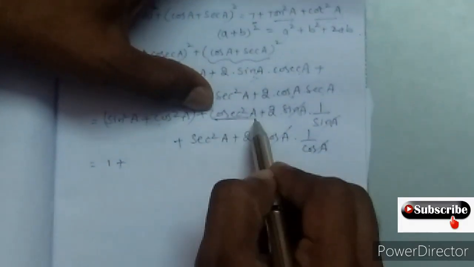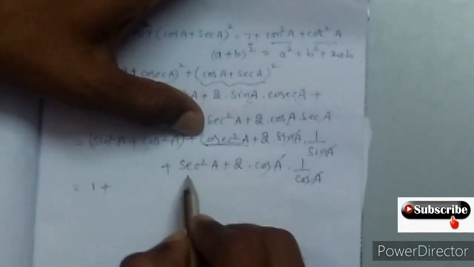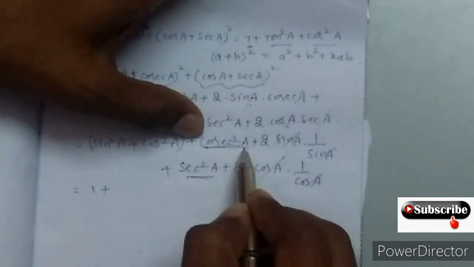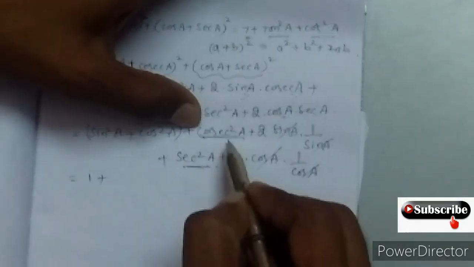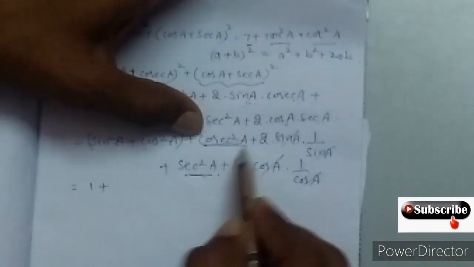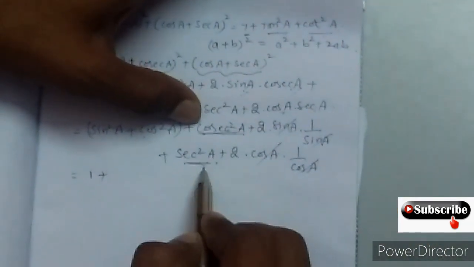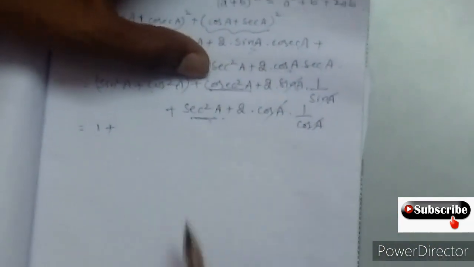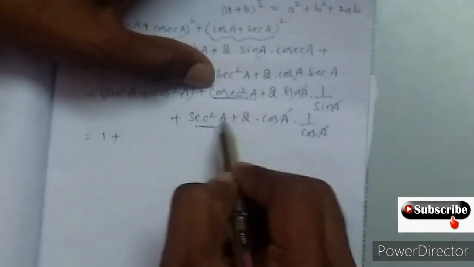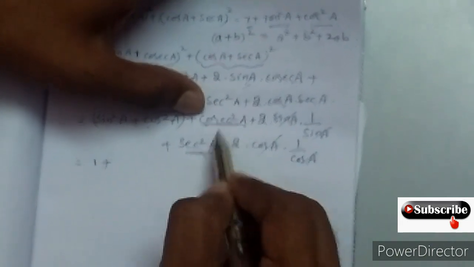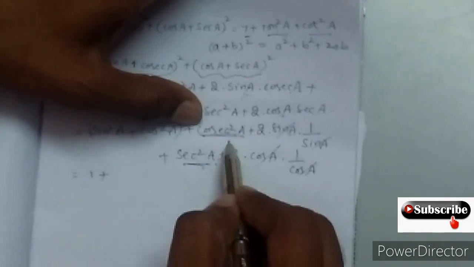By keeping that, we have to get tan square A and cot square A. You don't want cosecant square and here secant square. We don't want cosecant square and secant square A. We want tan square and cot square A. How will you get tan square and cot square A? By using these two values. Then you think just by applying identities we can get cosecant square A and secant square A. From these two, if you apply two identities we will get tan square A and cot square A.